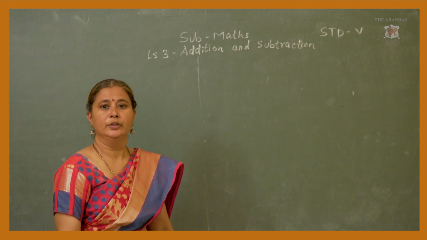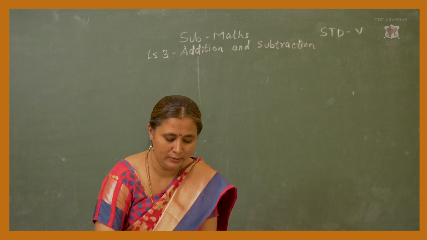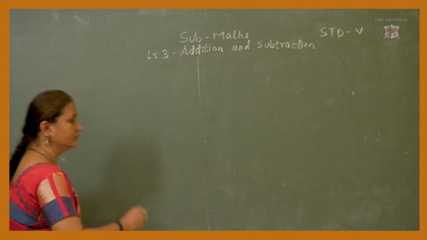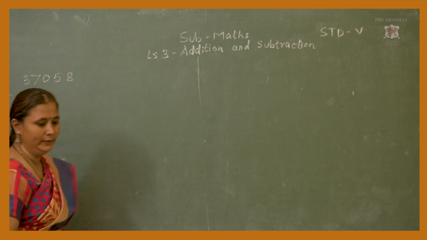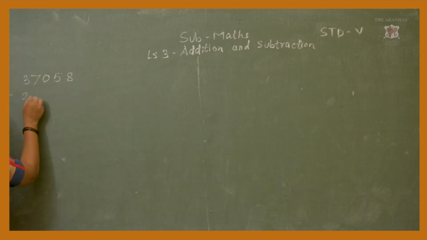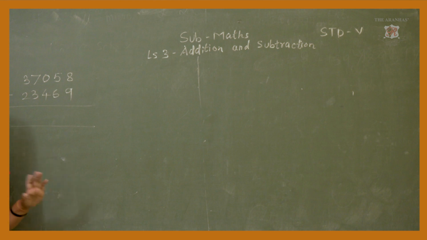In the previous standard, you subtracted 4-digit numbers and 5-digit numbers, isn't it? So first we will recall a few sums. We are taking 5-digit numbers, 4, 6, 9. See, when you are solving the sums, if you are not using boxes, leave one line up to borrow the numbers if you need to do the subtraction, and write the numbers neatly.